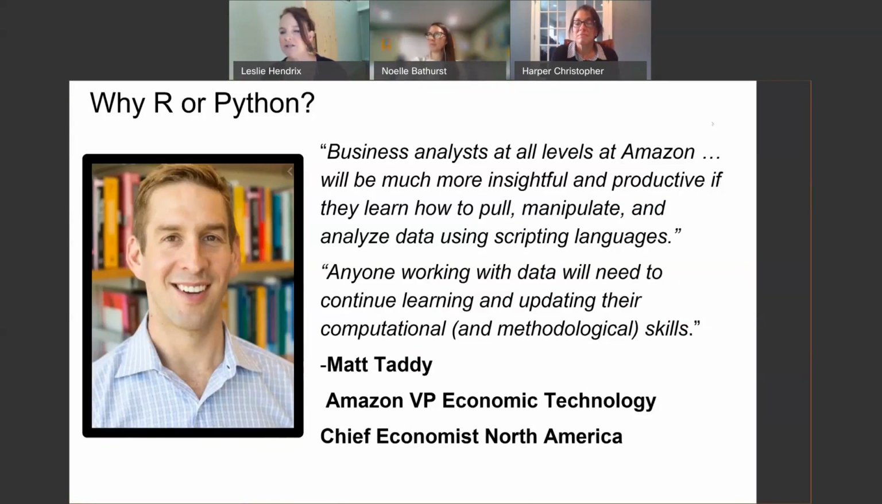So I actually cut some of that out. He says that they learn very quickly that they're going to be more efficient if they get up to speed on the scripting languages. And anyone working with data will need to continue learning and updating their computational and methodological skills. So that was the tail end of another quote where he was talking about, you know, once you learn one of these programs, you can code in any other one. It's much easier to learn the other